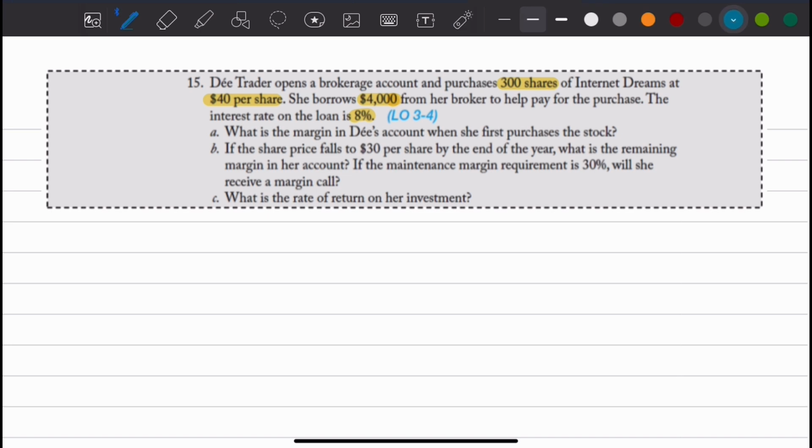So the first thing we want to do here is to figure out the total value and figure out the capital or the equity that D had contributed, and then find out how much it represents from the total account, right? So the total value of the account